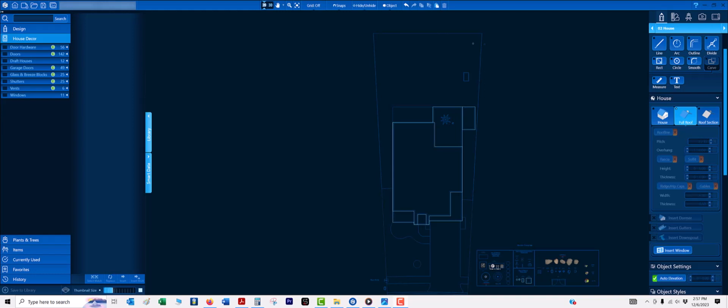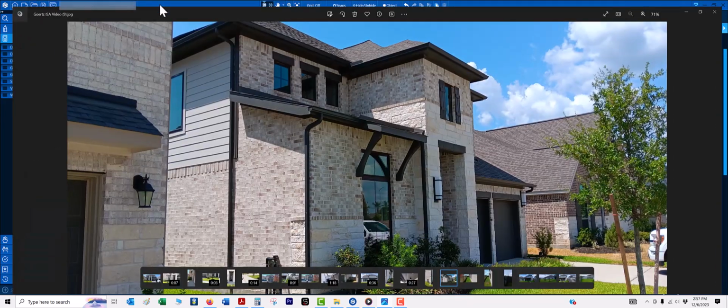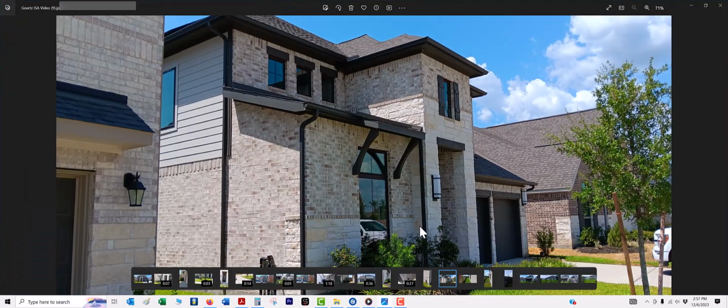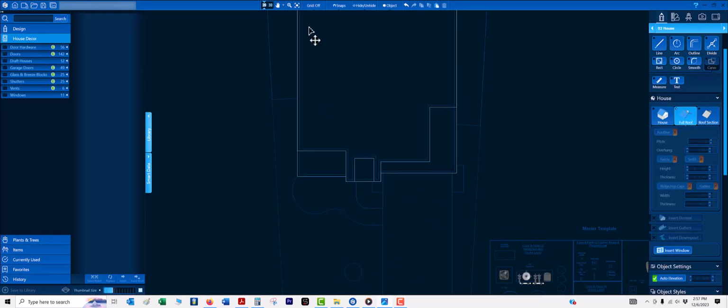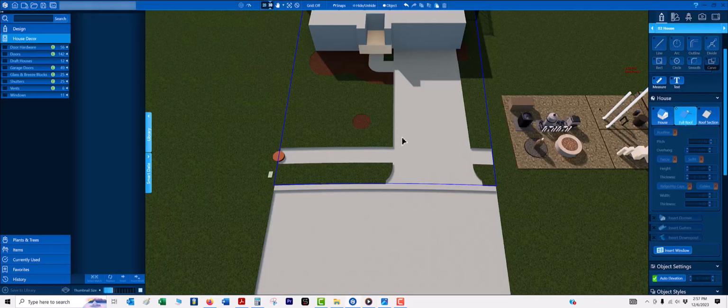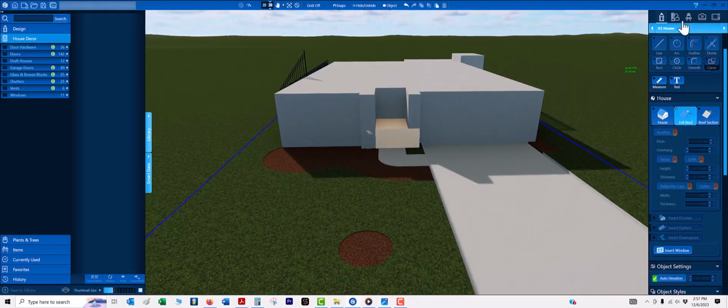Okay, this is part 3. Basically what I'm going to be working on here is the basics of the house. So we're going to start working on getting the basic structure of the house. Not really going to worry about the windows at the moment. So let's start there. So this is our current